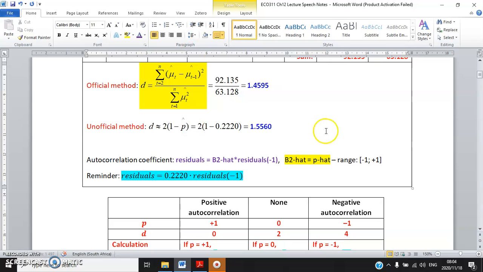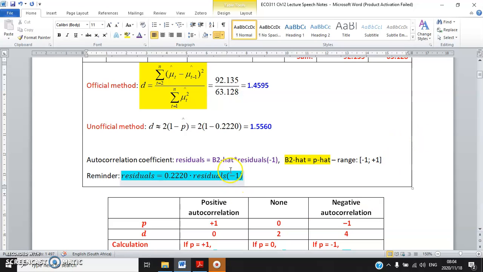If my autocorrelation coefficient is very close to -1, such as -0.9 and so forth, then we say residuals are strongly negatively correlated. Similarly, if your autocorrelation coefficient is very close to +1, such as 0.85, 0.95, then